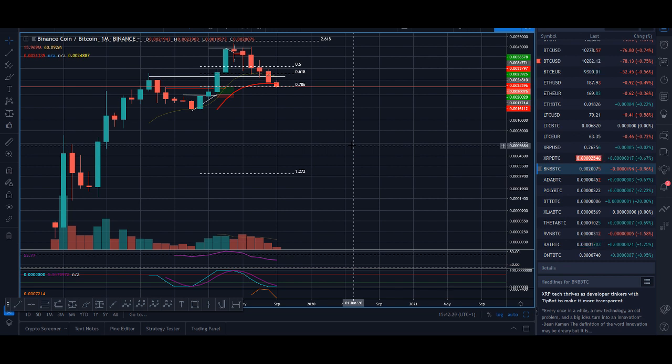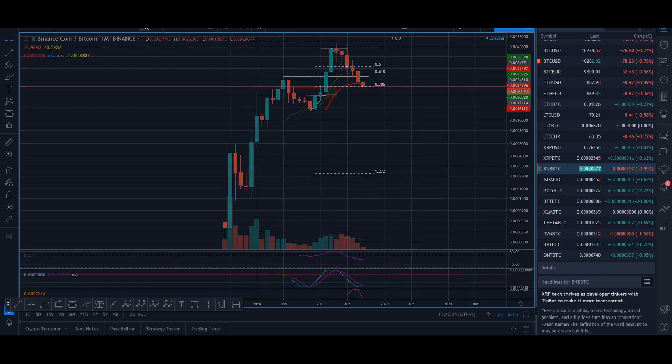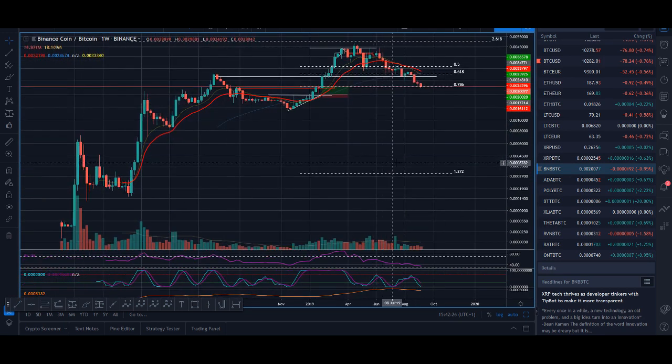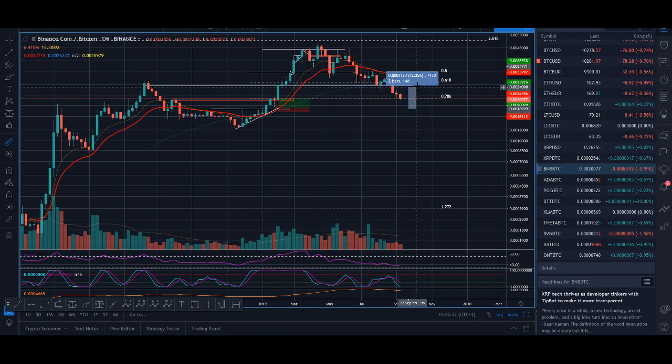Yeah, BNB will pump. I'm definitely looking at BNB. I'm definitely interested in BNB at the moment, and I'm definitely going to look to buy BNB again. Yeah, I bought it here, as you can see if you've been following me for a while. I'm going to look to buy BNB at least for a small bounce, about a 20% bounce trade, and if it does carry on, it will be a great trade. So Binance coin, I have Binance coin.